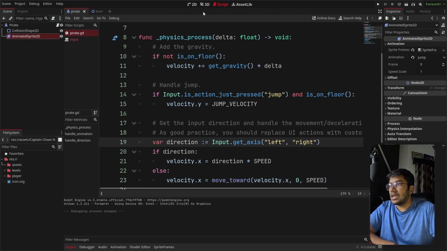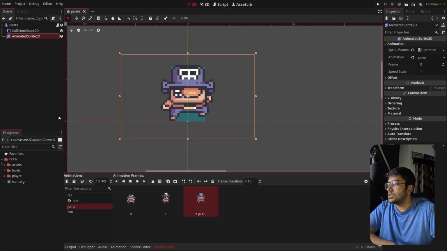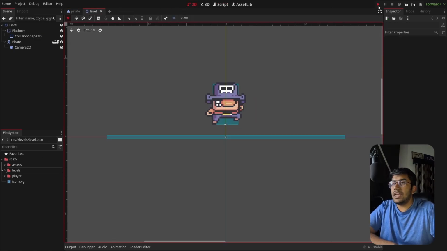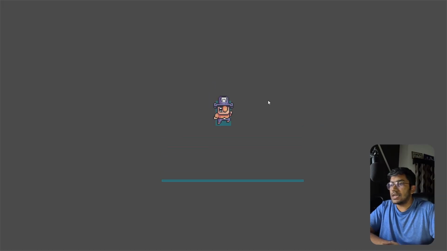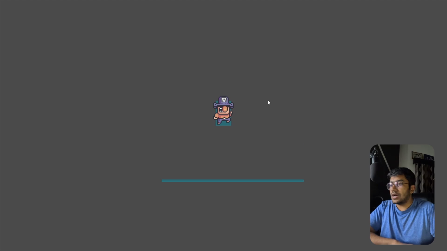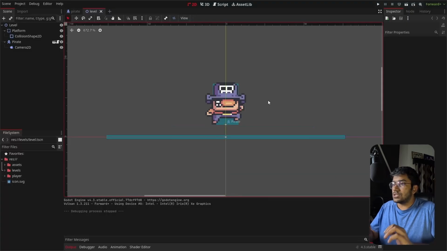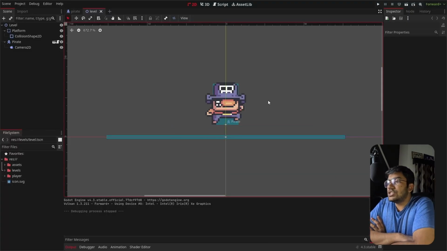Save this, and if you go back to the story scene in this level, I closed it in this level, and if you press play, I can go left, right, I can jump using spacebar, I can jump using the W, up, left, right, D, A and W. So all of these keys work now. So I can close this, and this finishes a very basic introduction of creating a character,